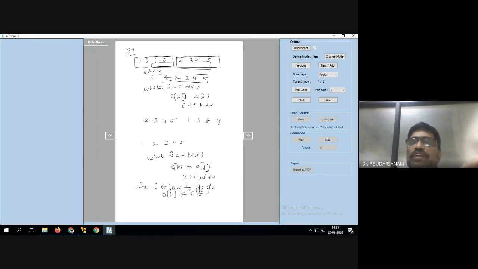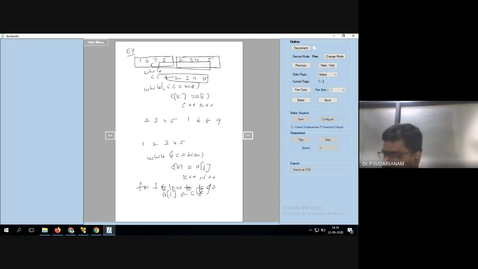Now finally, when you are doing this, you copy back to the original location. So for I is equal to low to high, A of I is equal to C of I. This is nothing but the loop called I. So this only you have to write. I'll write once again here.